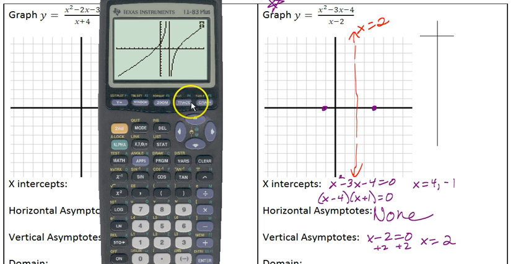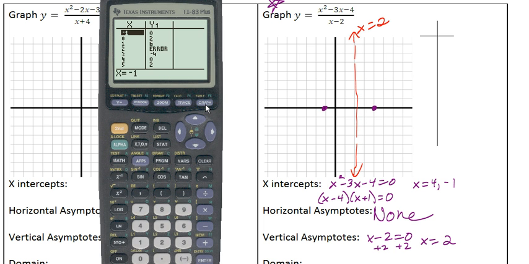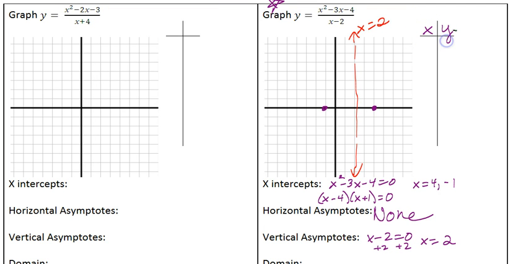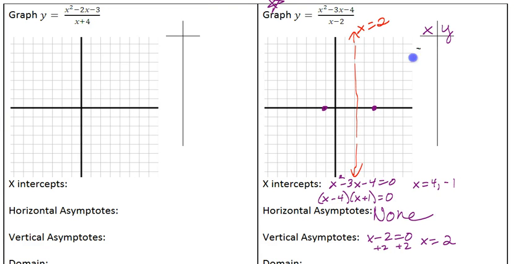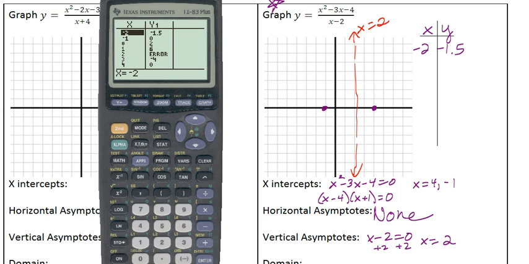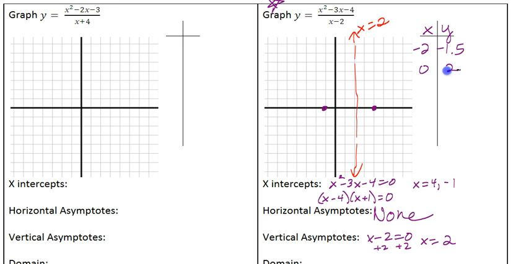Let me go to my points. Again, you only need 2 on each side or more. I'm just going to do a few more this time because I can. So how about we do -2, -1.5, 0, 2, and 1, 6 for this region. Okay. And I'm just graphing them, 2, 3, 4, 5, 6. And I had my x-intercept, sorry, there from before. So now for the other region of my graph,